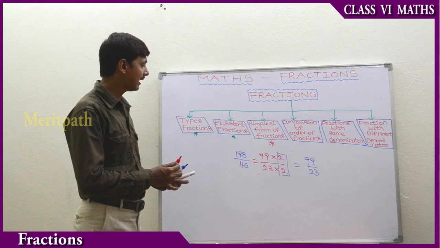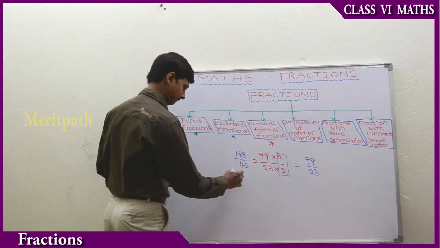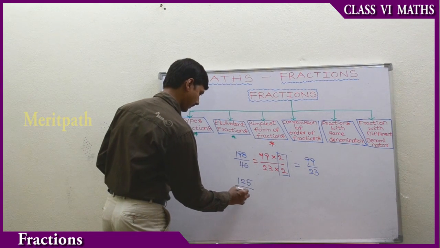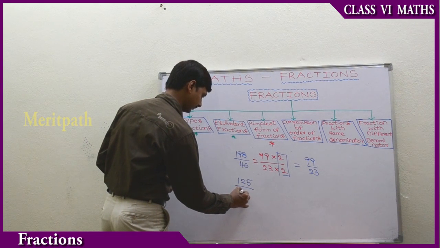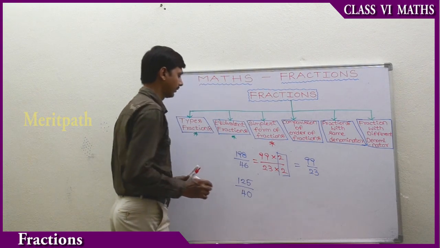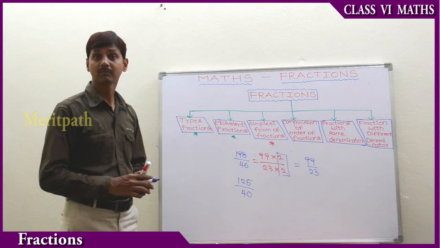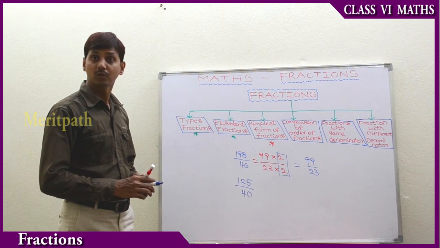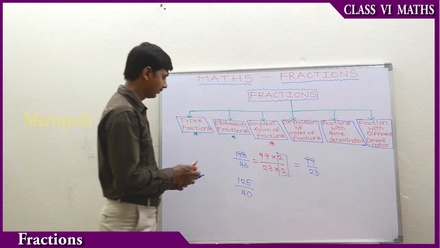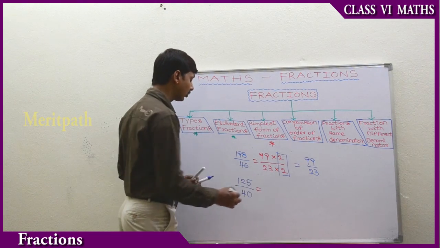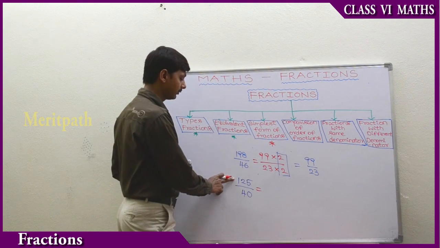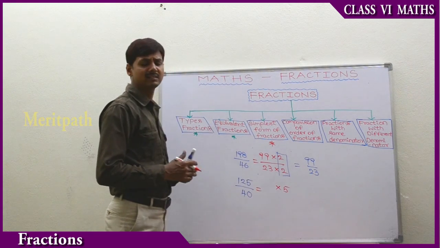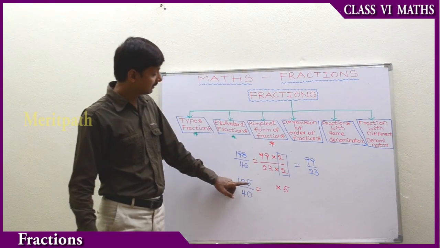Now let's take some other example, that is 125 by 40. So this also we can simplify. There is a common factor in both, that is 5. We can say this is a common factor because the last digit of these numbers